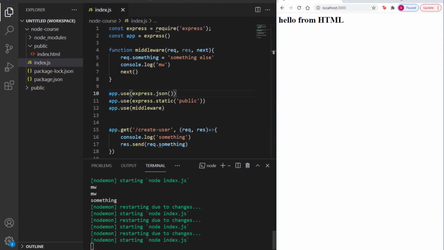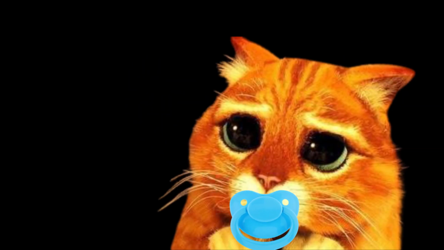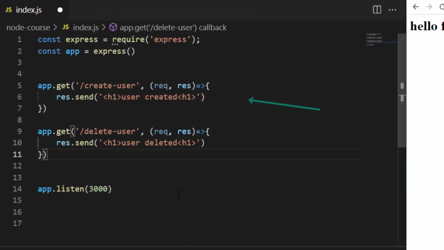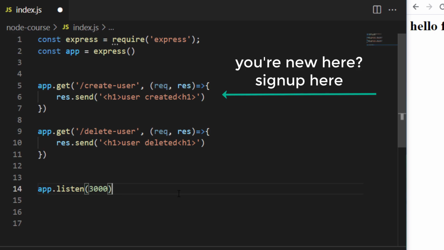But that's boring too, right? Maybe we want a little bit of authentication. Now this is going to be a dummy example, so please, oh please, don't build a backend with authentication like this one. Now in the beginning of this video I've created two routes, create user and delete user, and the reason why is because whenever I'm going to create a user, I need to provide information. I don't need to be authenticated as that user to create the account. That just wouldn't make any sense.